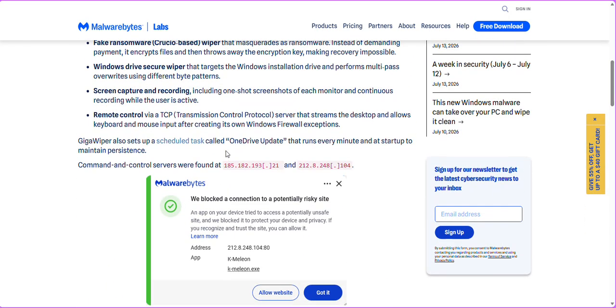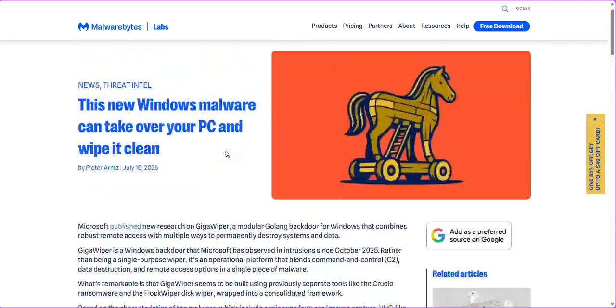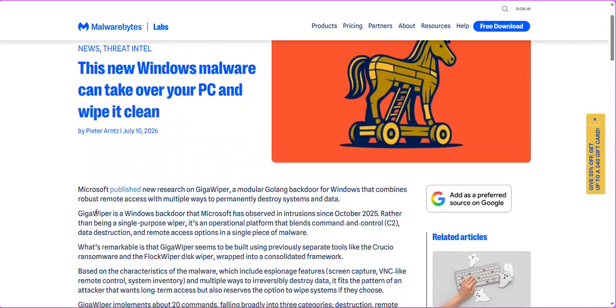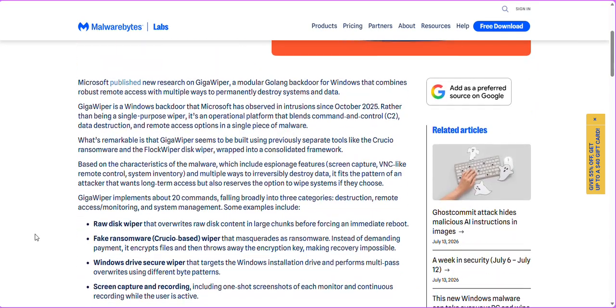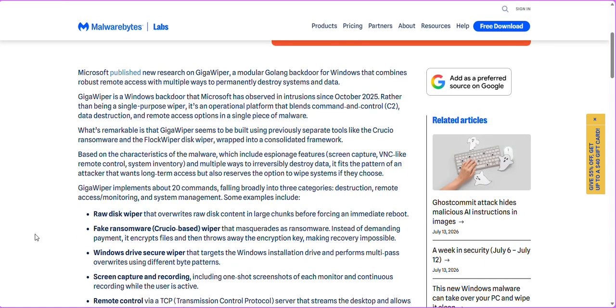So having said that, the GigaWiper malware can rapidly zap your computer's internal drive completely clean, taking everything with it and making it unbootable. This is actually new, so to speak. It's new to me; I've never heard of a wiper malware known as GigaWiper.